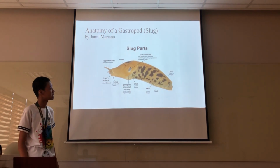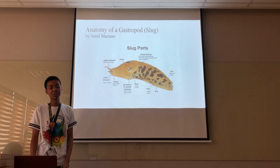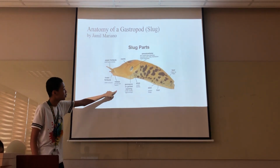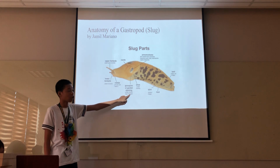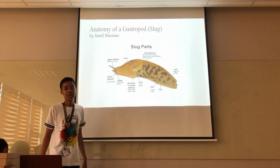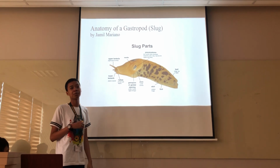So ito naman po yung sa slug. As you can see, wala siyang shell. So there is no torsion po. Ito po yung genital opening niya or yung gonopore. Diyan po nangyayari pag nagre-reproduce sila sexually. Usually po ginagamit nila yung gonopore when